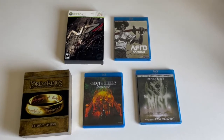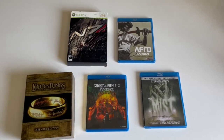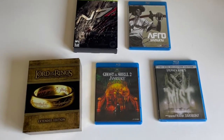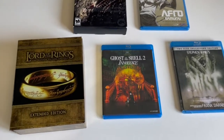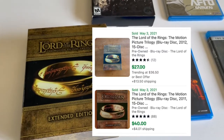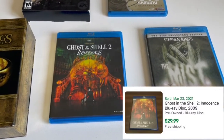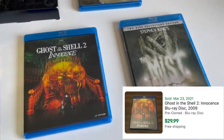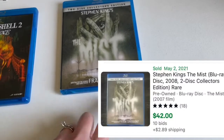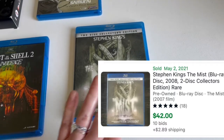This is a lot we just picked up from Facebook Marketplace. It was a huge lot of Blu-rays and a couple of games. Normally we would try to just get the whole lot, but this time we kind of scouted out some of the best. So we'll throw some comps up there so you can kind of see maybe some that you might look out for. And you'll notice this one does have a crack on the corner here, but we'll trade out the case and it'll be just